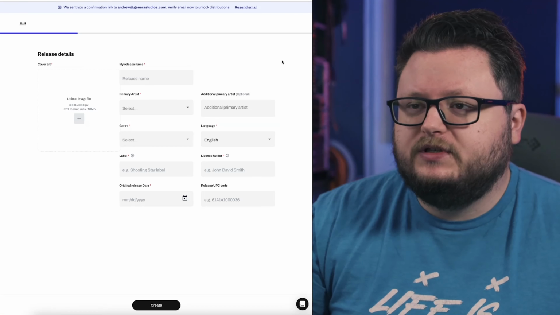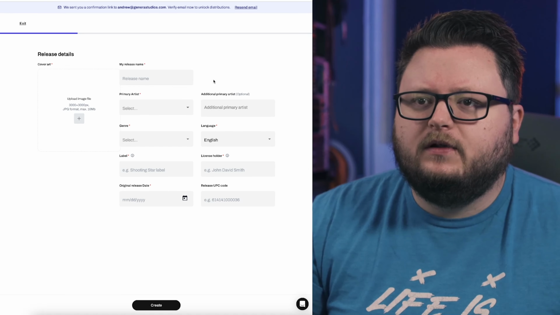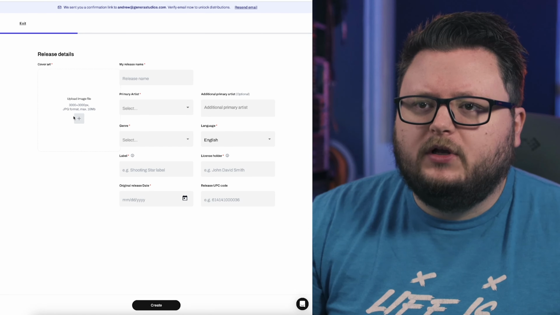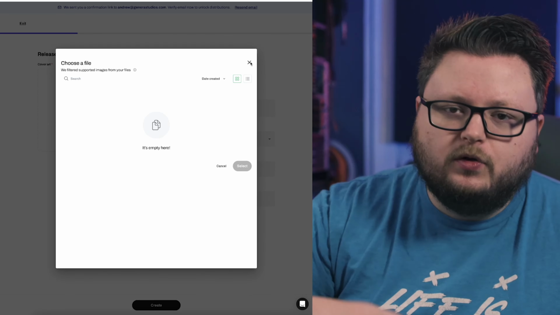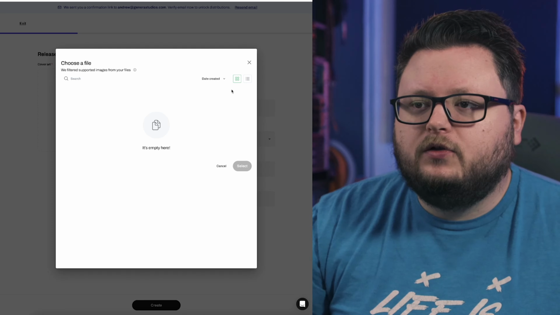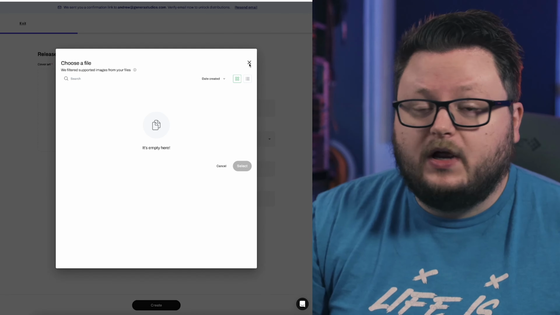If I click new release, so this is just if I'm distributing something, I'm kind of getting ahead of myself here. If I go to upload an image file, you can just upload a file if you want, but you can also select from your projects. So let's say you're doing a waterfall release and you keep having to re-upload the same file. In here, you'll just see all the files from your projects,